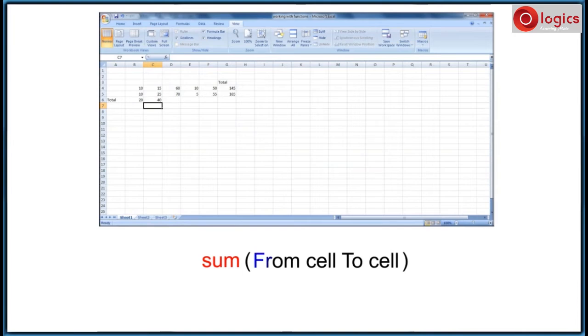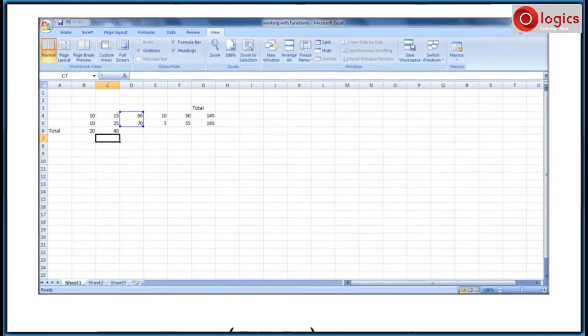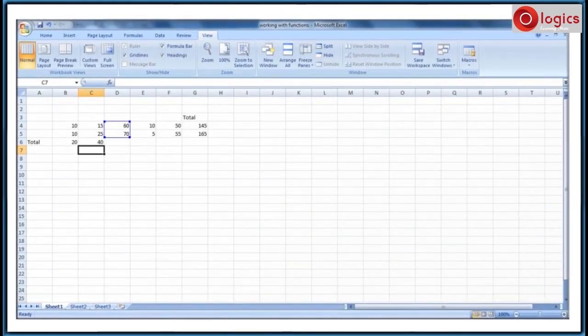Here I am going to perform some calculation on D4 and D5, and this is the syntax. Type the same in formula bar, select the cell and press enter to get the result.